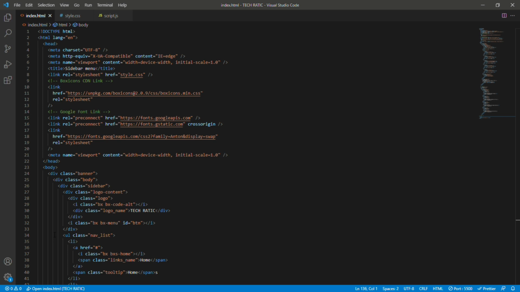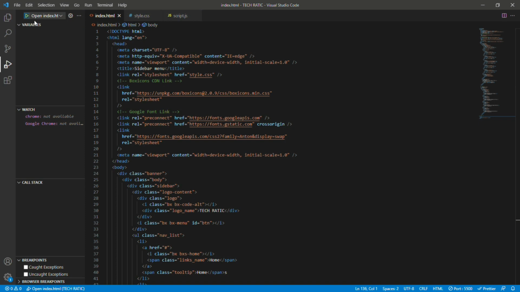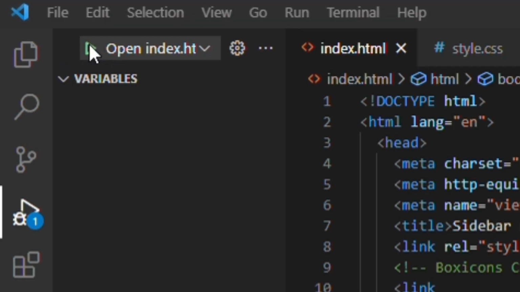If you open VS Code editor, on the right side you will see this play icon and this bug. This is debugging. So if you click on this, then you're going to see here. So now if I click on this,